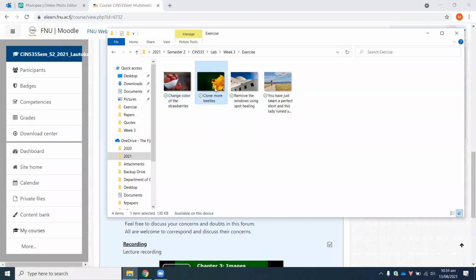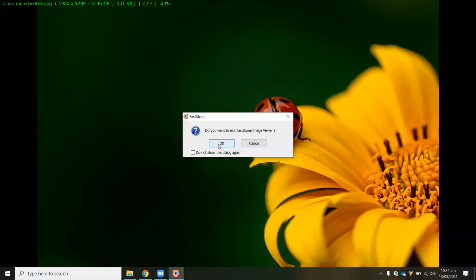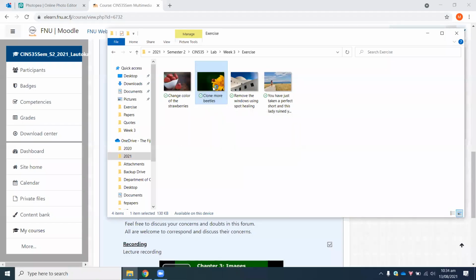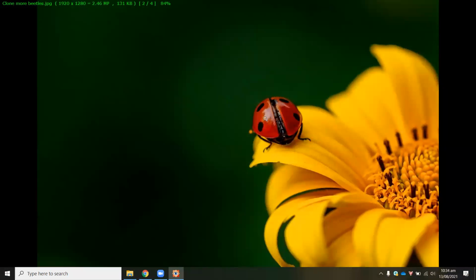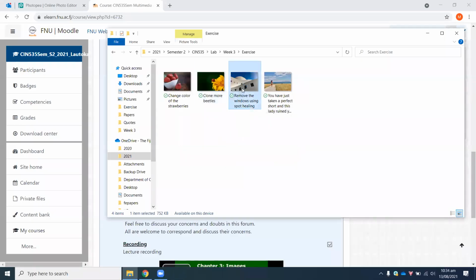The second exercise is you have to work with cloning. The name of the image is clone more beetles. So you have only one beetle at the moment. Apply your clone stamp tool and have more than one beetle instead of just one. Have more than one beetle on this flower, so use the clone tool. The third one